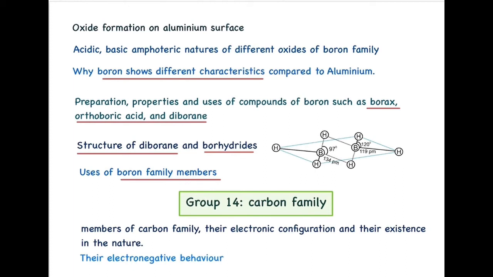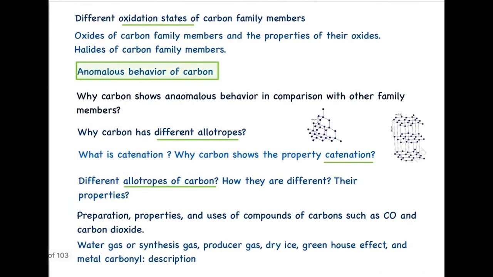Group 14, carbon family. You should be able to tell who the members of the carbon family are, their electronic configuration and their existence in nature. And we should discuss the electronegative behavior that carbon possesses. Different oxidation states of carbon family members, oxides of carbon family members and the properties of their oxides,